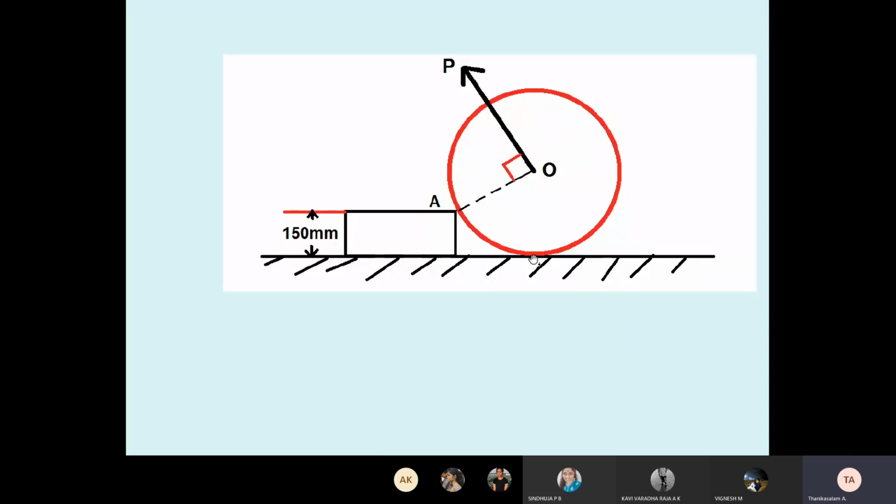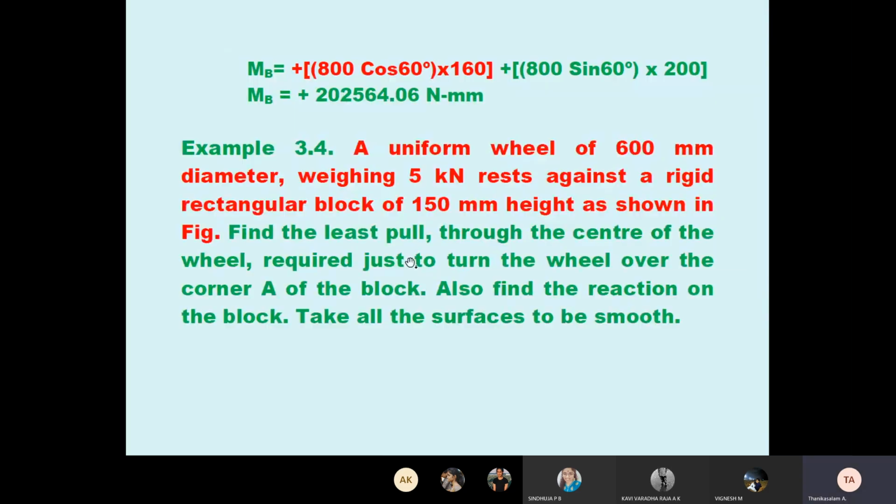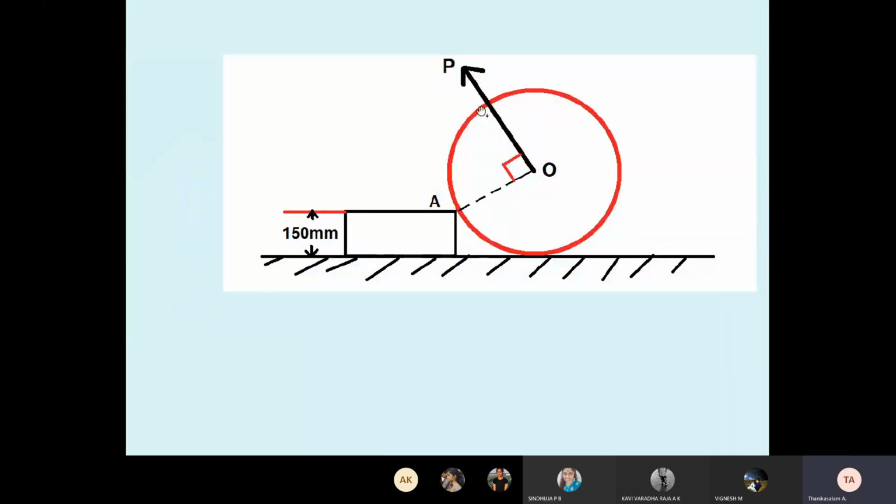See, now it is resting. Understand? The wheel is in contact at A and the surface. In the question, to turn the wheel over the corner A of the block, when I am pulling with the P force, the wheel is touching at only point A. Understand? Sometimes at home and on the roads also, we lift things, but it is in contact at A under the surface. Now when I turn it, the wheel is only in contact at A because it is turning, so it is moving.